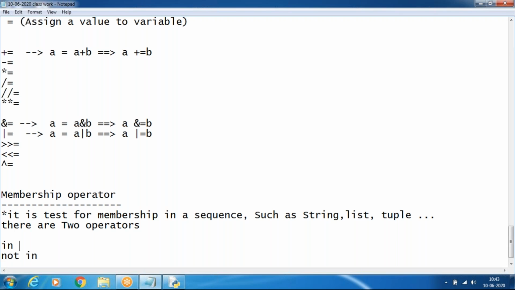First we will see the in operator. It evaluates to either true or false.